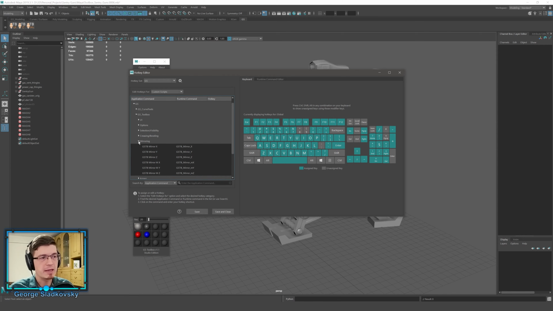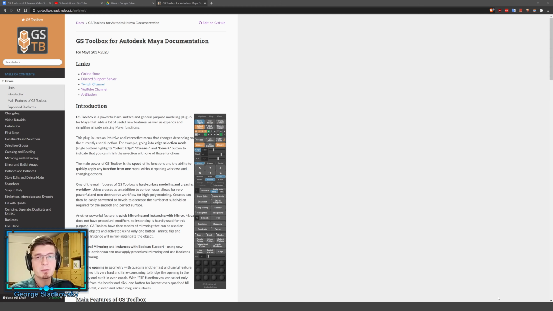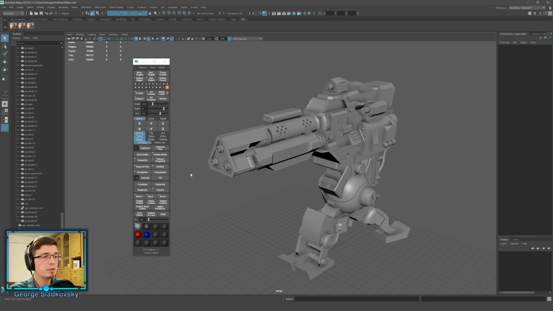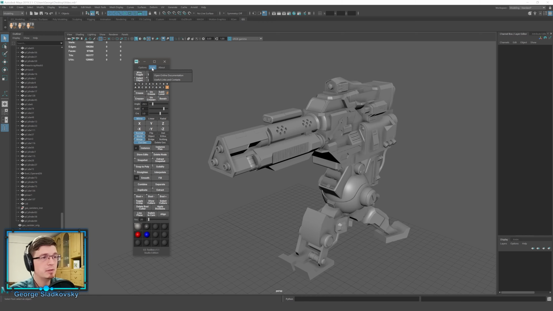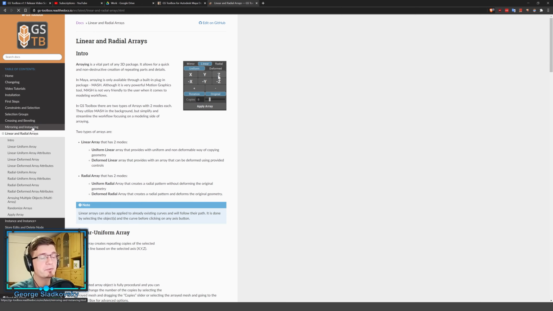So mirroring everything, array and instancing everything that you want, there's a bunch of hotkeys over there. What we also have with this update is brand new online documentation that you can find in the description, or you can open it through the menu. You just go to Help, Open Online Documentation, and it will open this documentation,